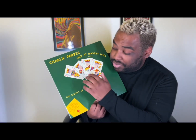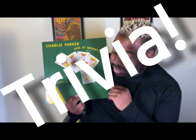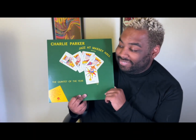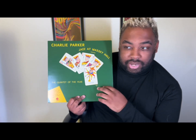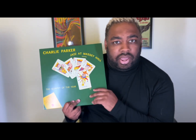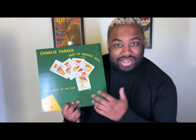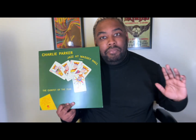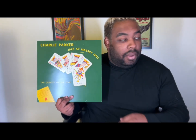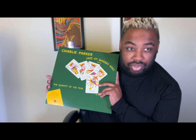And Charlie Parker on this record, a little bit of trivia for you. Charlie Parker is playing a plastic saxophone on this. He shows up to Toronto and he's like, I don't have a sax. They're like, you need a sax. It's a saxophone playing gig. And he's like, yeah, I don't have one. And they're like, what? He finds a plastic saxophone, plays it better than I've ever played a metal saxophone. It's an incredible record. The reason this is sort of a hidden gem is there's a million repressings of this